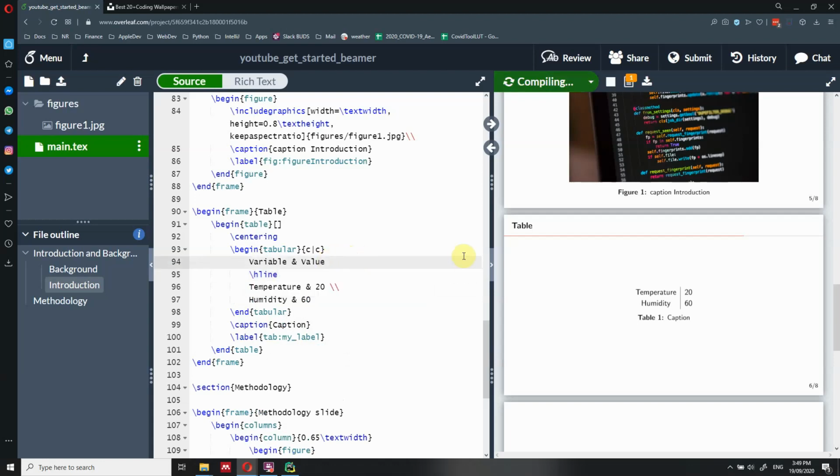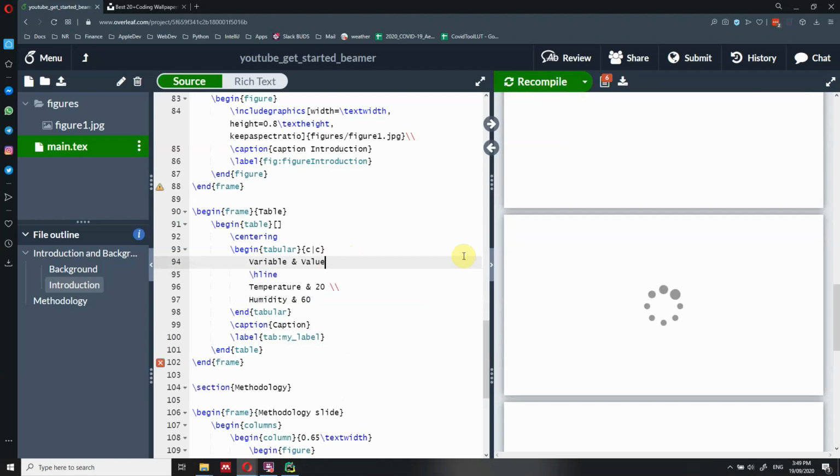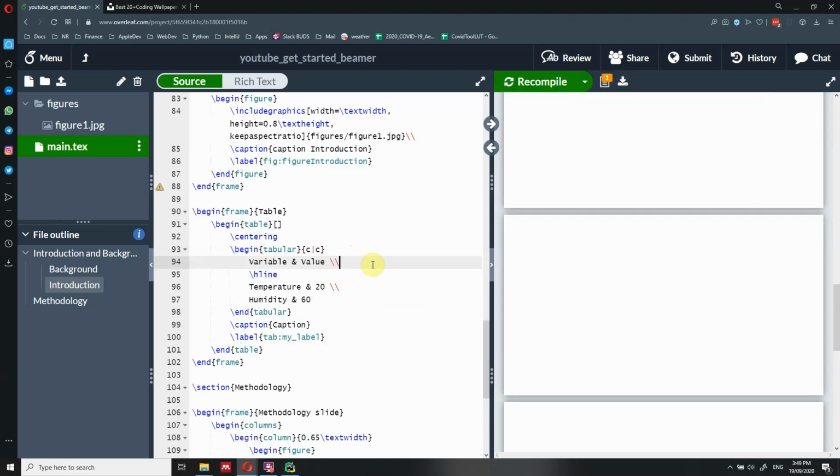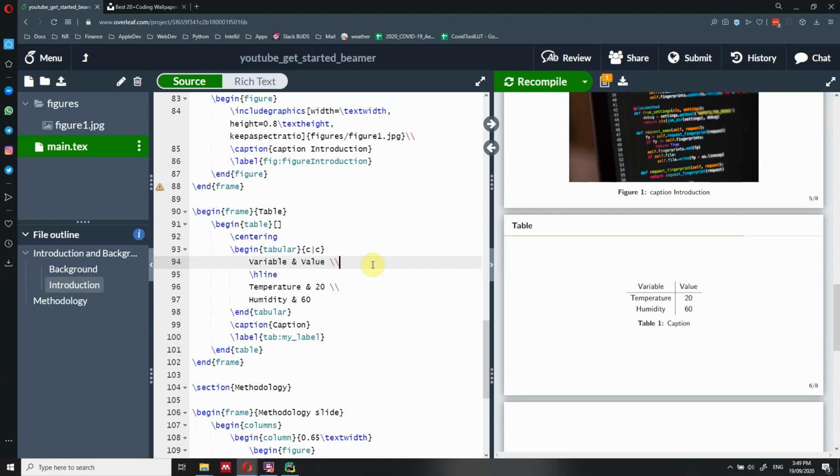And again, if you want to have an in-detail video, maybe I can just make another video exactly how to do it. Okay, perfect. So everything is working. I just forgot the backslash. So now you have your table, and again, you can add it to a column and so forth.